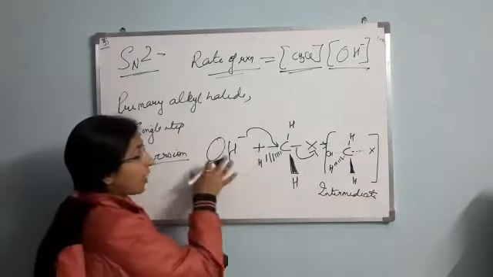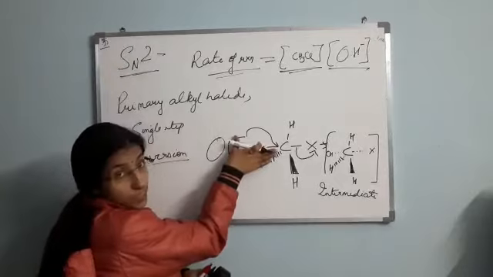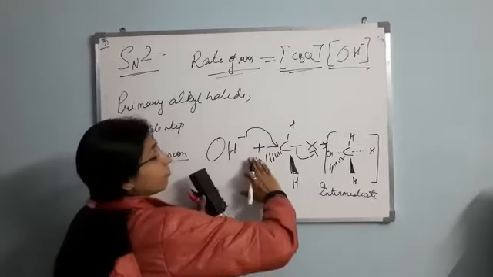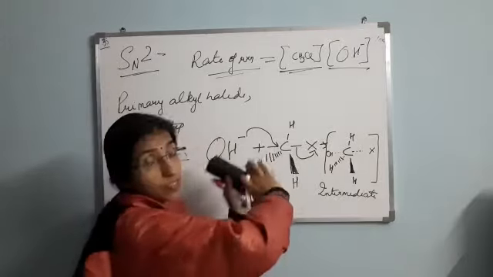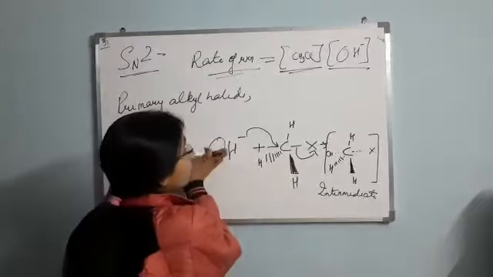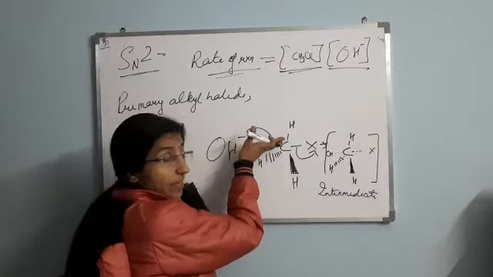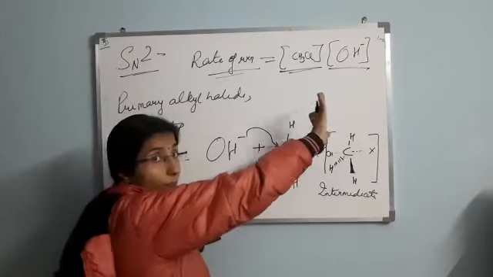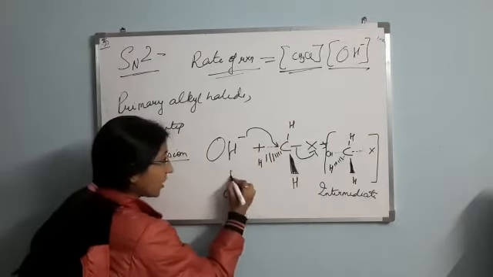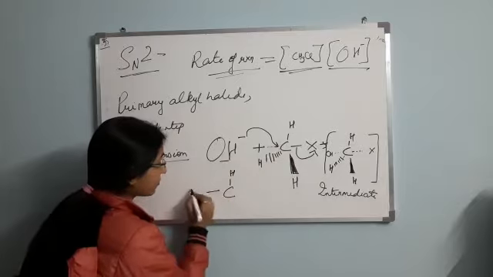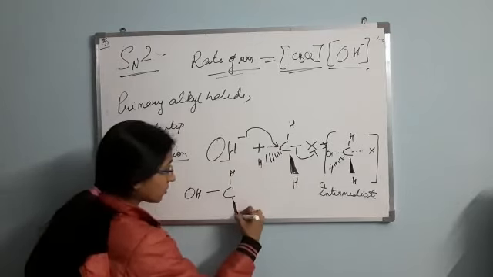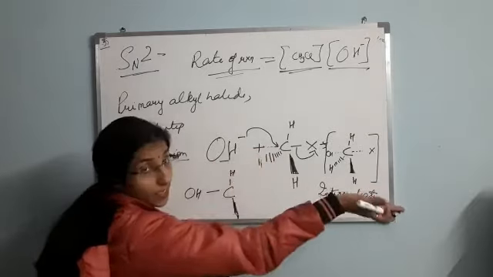Now see what is going to happen. When OH attacks from this side, this hydrogen, which is at the back of the plane, will move opposite. It will totally flip. Inversion, the opposite happens. The attack of the OH ion will be from this side, but there will be removal of the halo group from the opposite side. See what the final product will be: OH is attacking from this side, this solid wedge, and the configuration will be totally inverted.